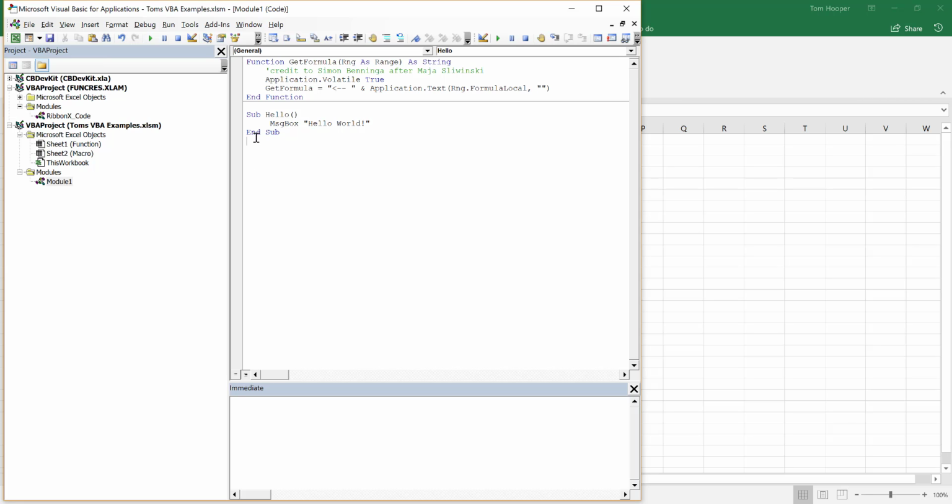What this subroutine or macro does, it has a name, hello, and it draws a message box and puts in that message box a message that we give it. We can run this two ways. We can practice it right here by hitting the green play button,